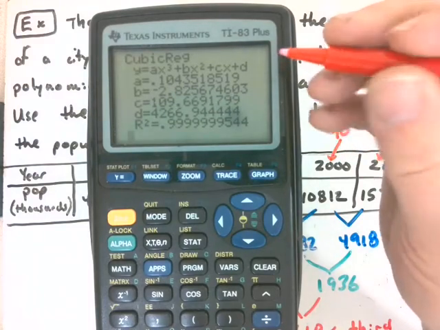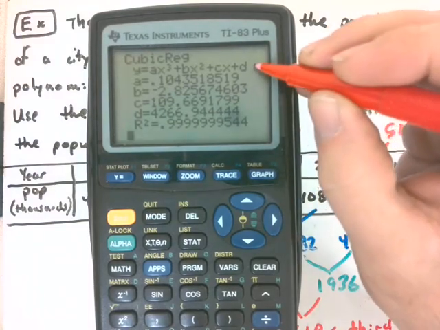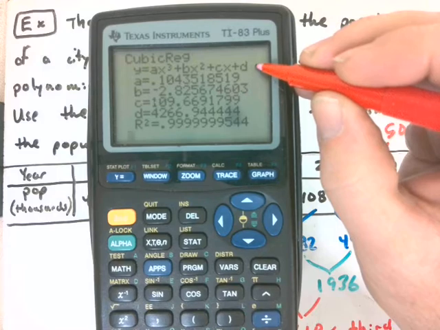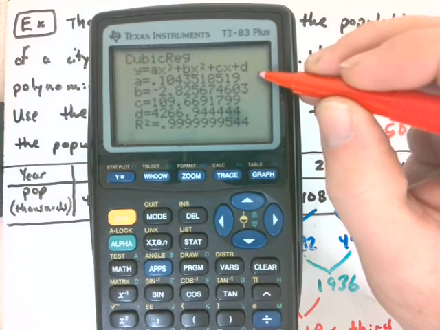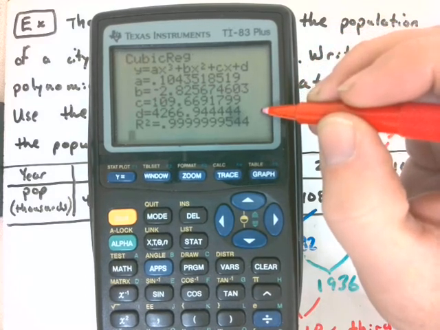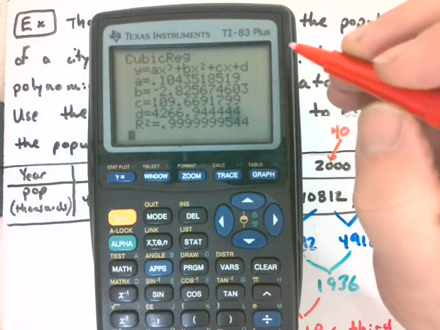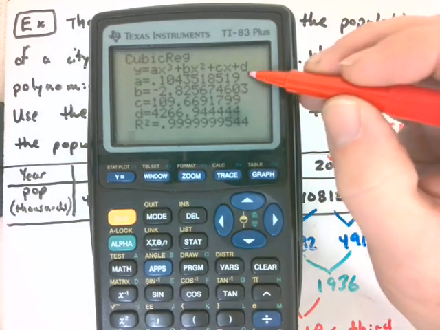First, there is an equation here. If you look at the very top, there's an equation there that has generic variables in it, y equals ax cubed plus bx squared plus cx plus d. And then down below, it tells you what a, b, c, and d are really going to be equal to for us in this problem. For a, we have